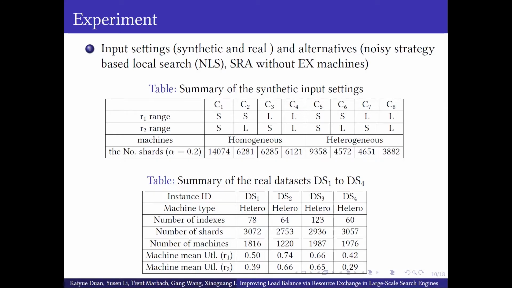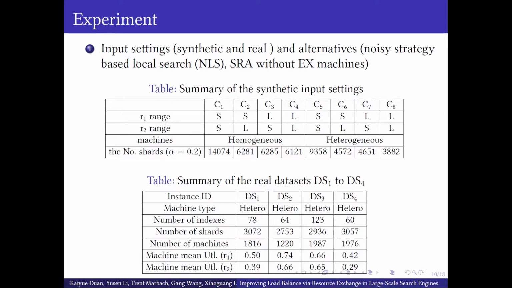We simulate 8 classes of input settings. They are C1 through C8. For this synthetic dataset, R1 denotes a normal resource and R2 denotes a transition resource. For C1 to C4, they all contain homogeneous machines, which all have identical capacities for resources R1 and R2. For C5 to C8, they all have heterogeneous machines, which means the capacities of each machine for resources R1 and